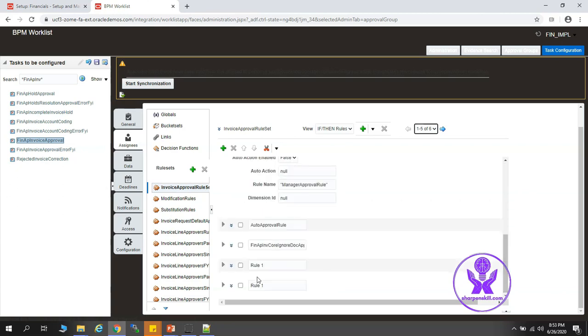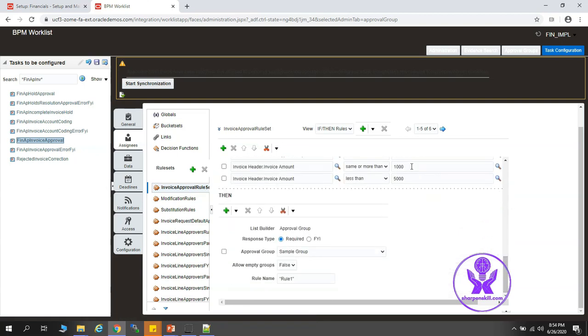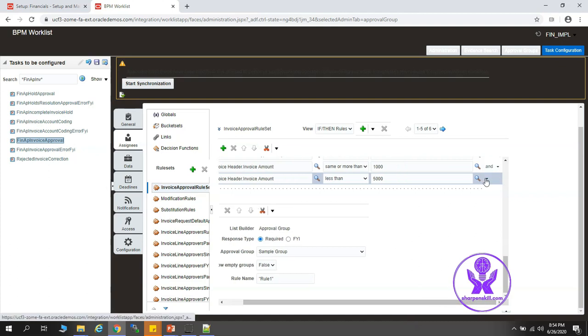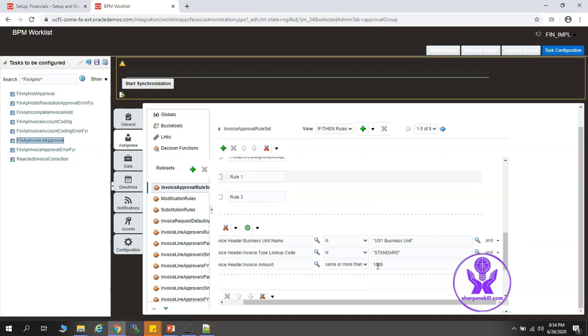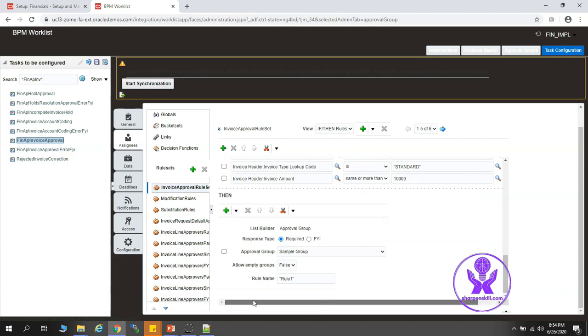Alright, so this is rule 1 that got copied, so you'll rename it to rule 3, expand it, and here the same conditions. We will have to delete this condition, right? So select and delete test, right? So you'll have to make it same or more than $10,000. So we will delete this action. Here it is.